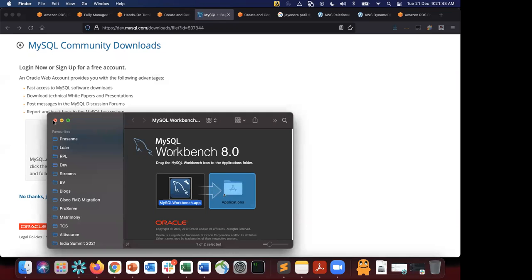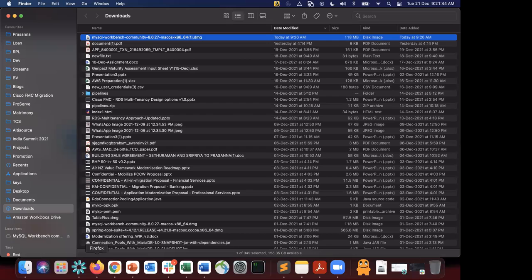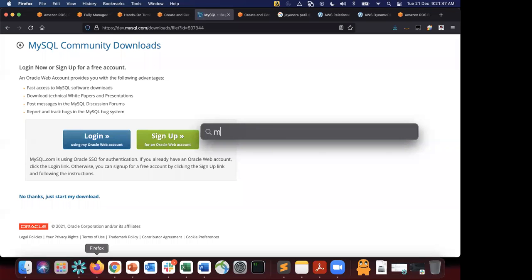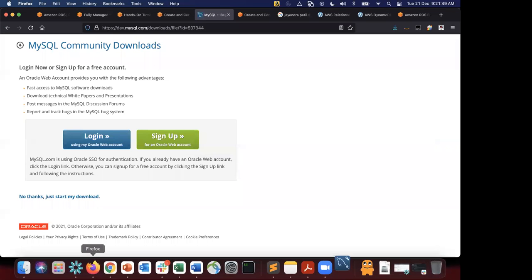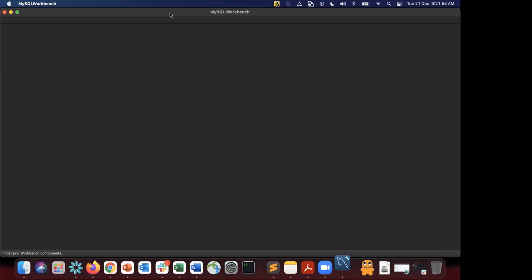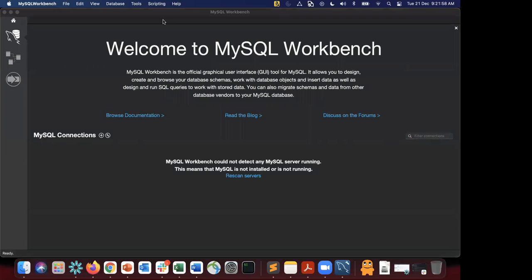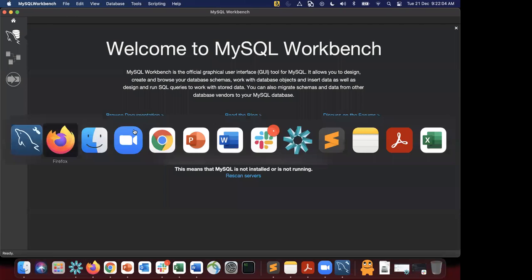Yeah, so it's done already. Let's just go and let me open MySQL Workbench. Yeah, MySQL Workbench is there. Let me just pull it up, open it, just open it. If I go back, yeah, so if I go back,